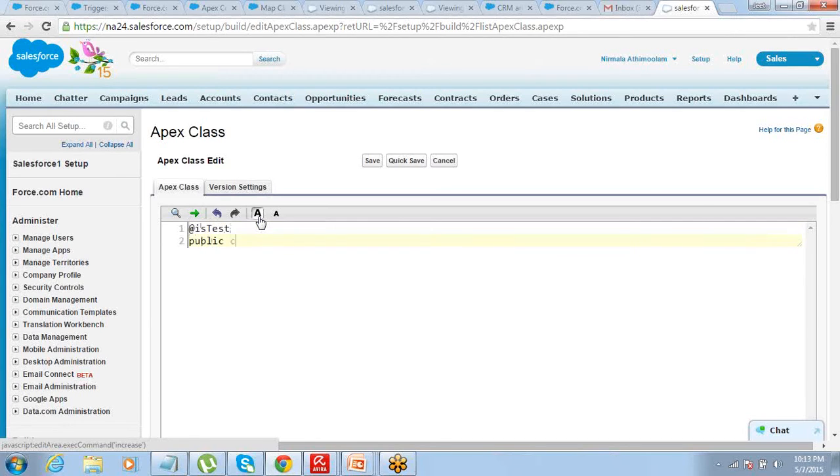So just go ahead and write public class, test class, whatever. I mean, there's nothing that you have to write. Call it test class. You can call it whatever you want. And then you write. So we'll have to supply the values. Okay. And it's always a good habit to write a test method with multiple records. So instead of using one single record, use multiple records for the test class. Okay.